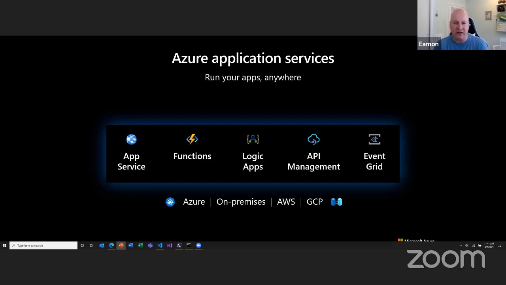Before Build, we only allowed you to run our application services in Azure, or with Functions, you could run them in your own environment. But at Build just last week, we announced that we now have support for Azure application services with Arc. You probably saw in some of the previous sessions with Event Grid, Logic Apps, and APIM, those are now available with Azure Arc. But Functions is also available. So you don't have to stitch it all together and build it yourself. You have that nice consistent management plane when running with Arc as well.